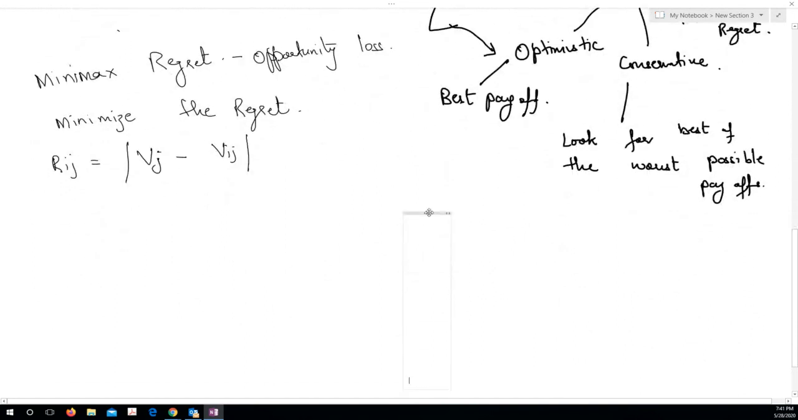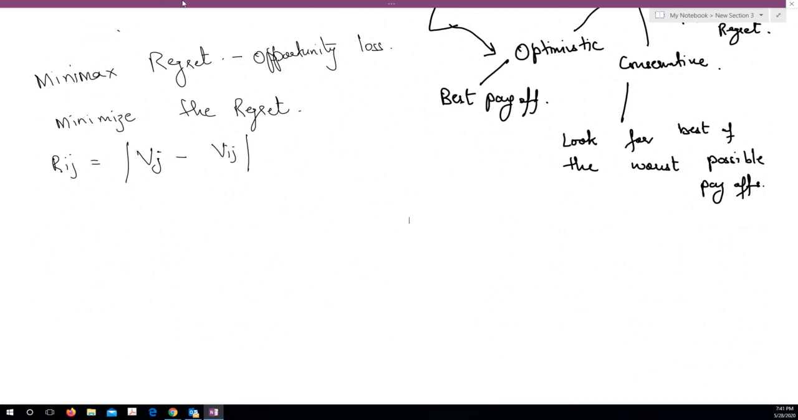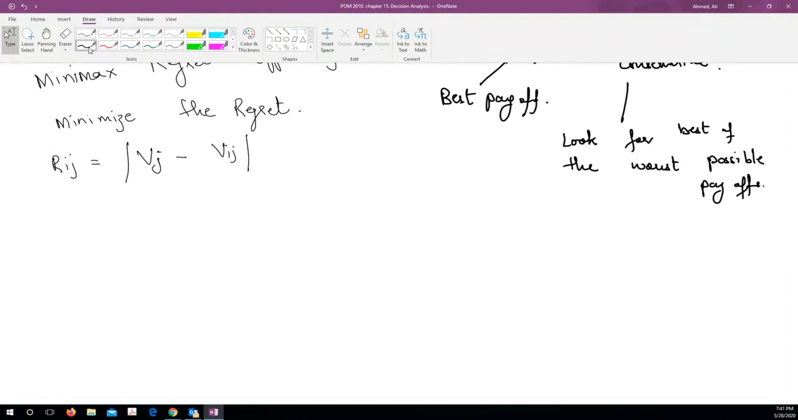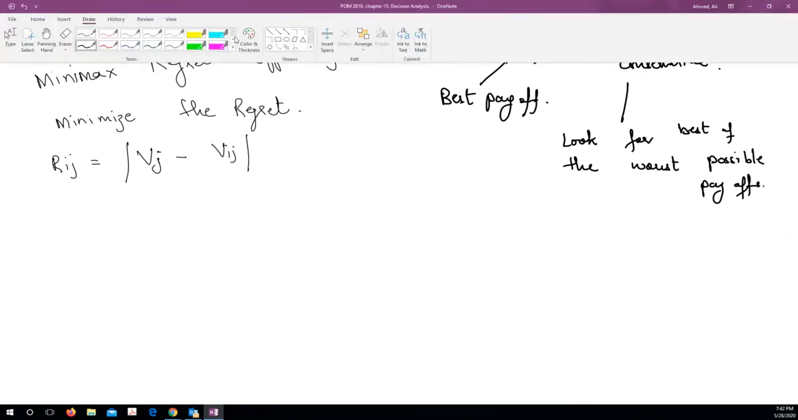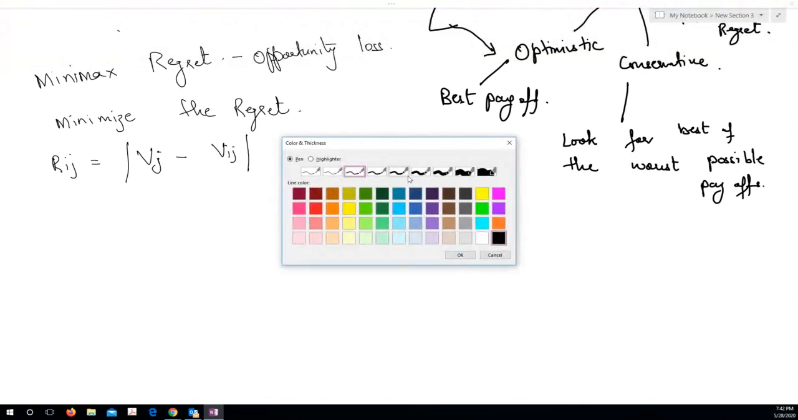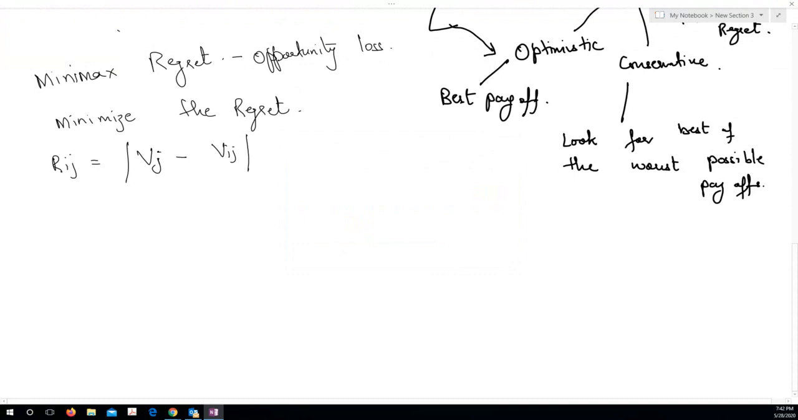Oops, I don't want to do this. I think I just need a bigger thickness. All right, so